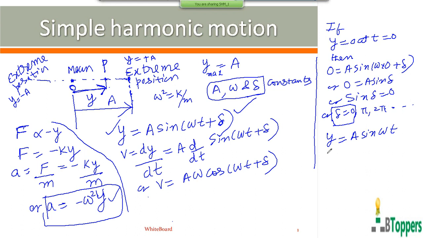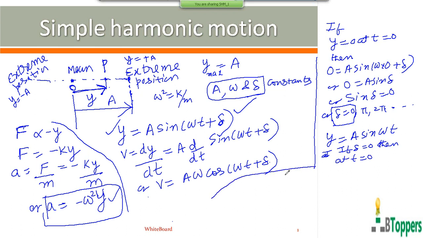But if you take delta equal to pi, you get v equal to a sine omega t plus pi. So then you get a different equation. So the velocity, that means if you consider delta equal to 0, the velocity at t equal to 0,